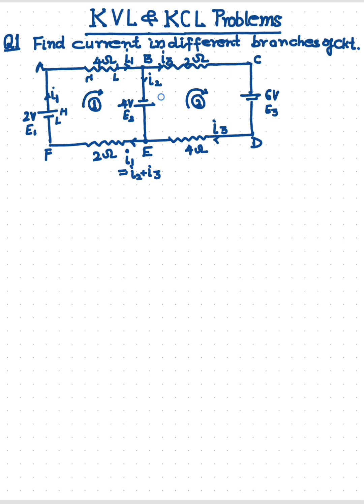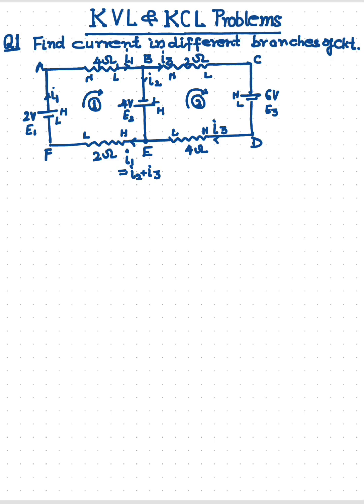Any problem? No. This is low, this is high. Here the current is flowing in this direction, so this will be high and this will be low. Clear? And in loop 2, this will be high, this will be low, this high, this low, and again this is high and this is low. So we marked the high and low potentials. Clear? Now, what to do?